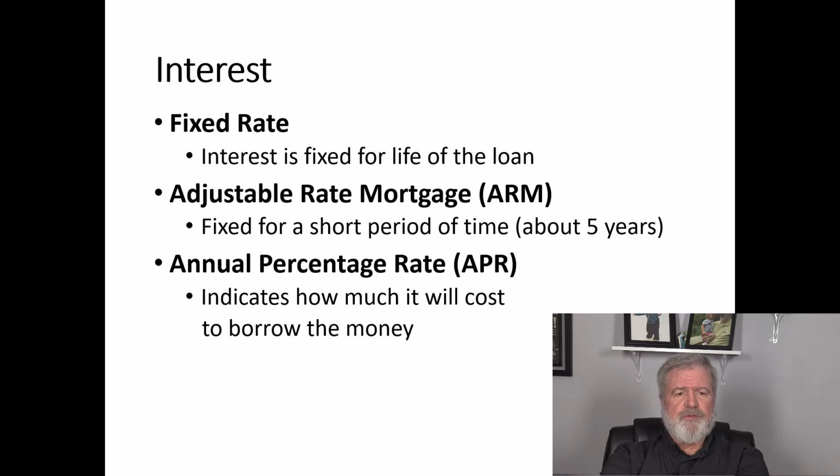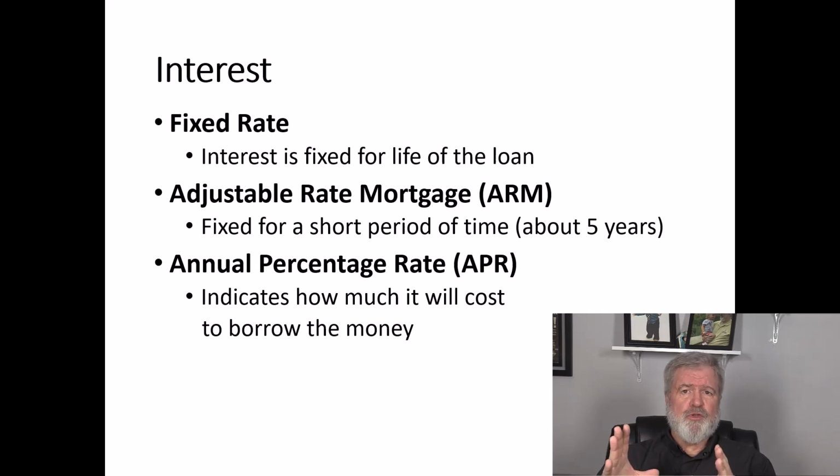Y'all, other types of interest would be, you got fixed rate interest. Obviously that means your interest rate is fixed for the life of the loan, which I would think would be the most common. That's what most people would prefer to get. But there are some situations where the adjustable rate mortgage, or this ARM, might be a better idea, especially if it's a very short-term loan. You don't expect to be here more than 3 or 4, maybe 5 years, but I'm thinking about 3 years. If you know you're not going to be in this property or own the property or have this loan for more than 3 years, then the adjustable rate mortgage might be the better way to go.